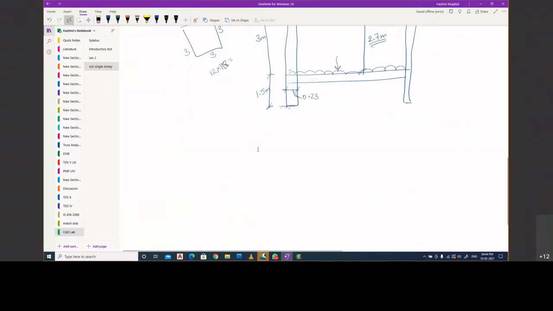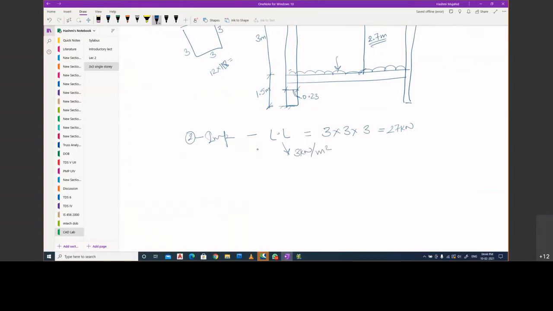Now let us shift to case 2, that is imposed loads again, and this is for live load. So my live load is over a slab area of 3 meters by 3 meters, and it is 3 kilonewton per square meter. So what is the value I'm going to get? 3 cube is 27 kilonewton. So live load directly I have taken as 3 kilonewton per square meter.